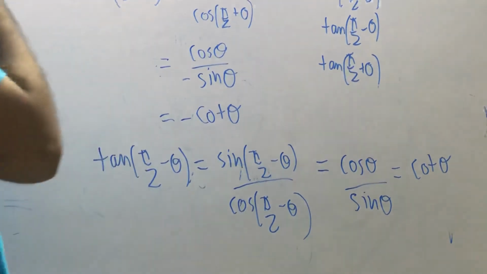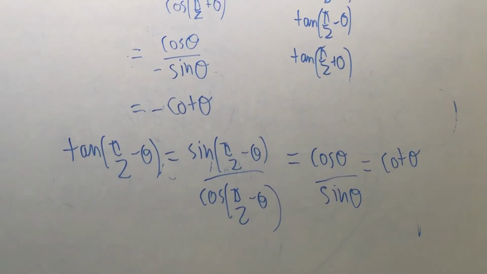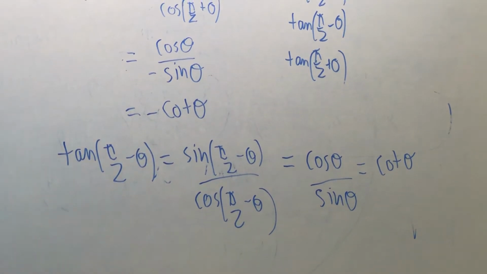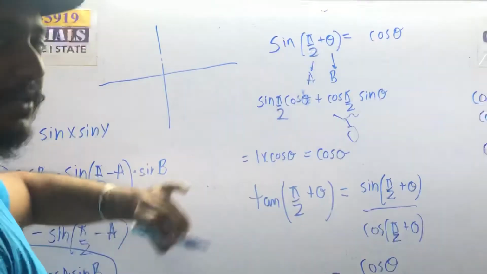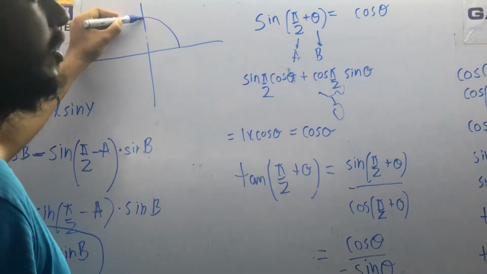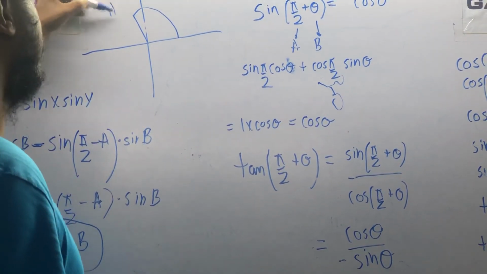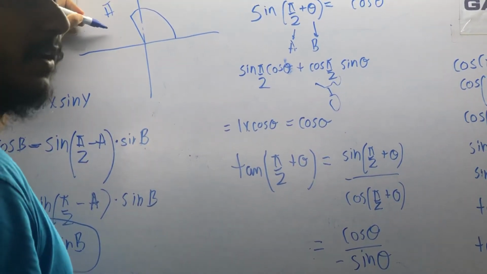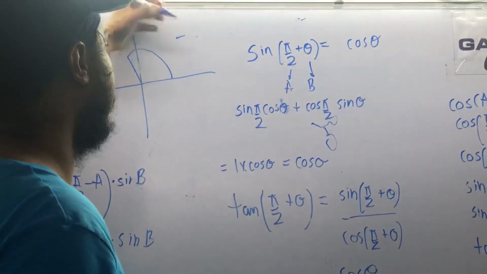Okay, see, this is the conventional way I am showing you, the formula way. You can assume this technique by your mind also. See, you know that tan(90 plus theta). I am just showing another alternate method. 90 plus theta. So which quadrant are you entering? This is the second quadrant. In the second quadrant, you know tan is always negative because only sin is positive. So you can automatically write the sign negative here.